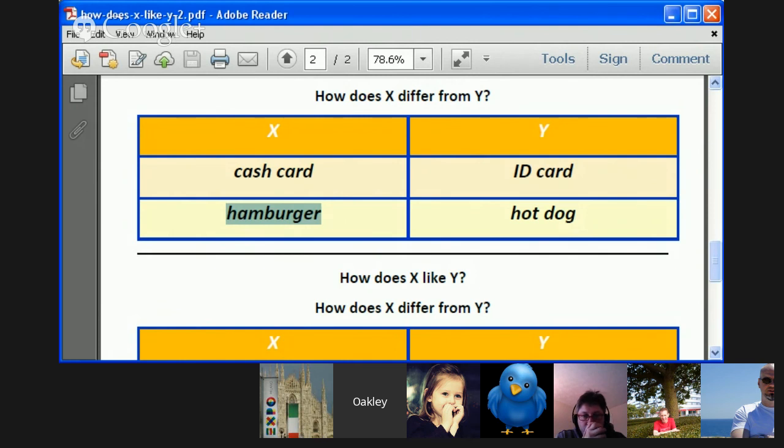If it's something else, if it's made out of chicken, then it's a chicken patty. If it's made out of vegetables, it's a veggie burger. If it's made out of pork, it's a pork patty. Which is very odd because ham is pork. But anyway, somebody a long time ago who invented this was very confused, clearly.